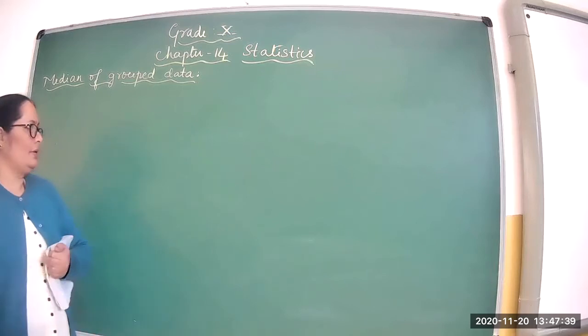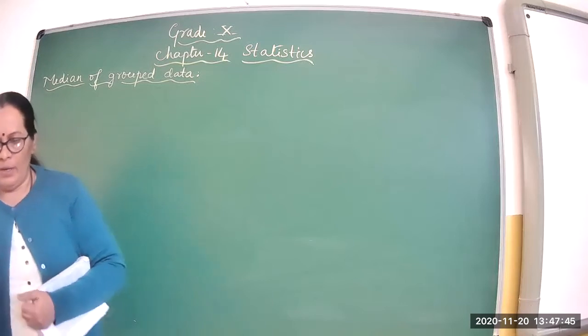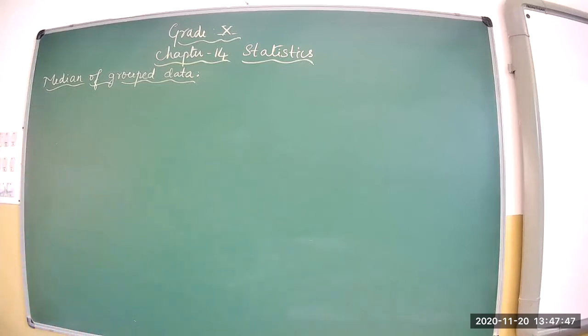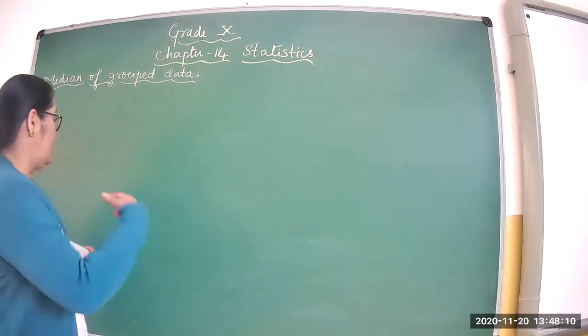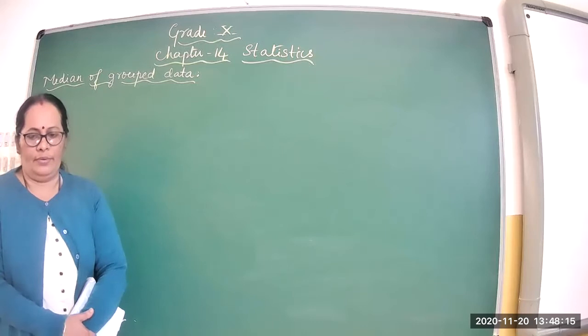But today you are going to learn median of grouped data. The median is the value of the data in the middlemost position of the set when the data is arranged in numerical order. Now, when the grouped data is given, then at first what we have to do is